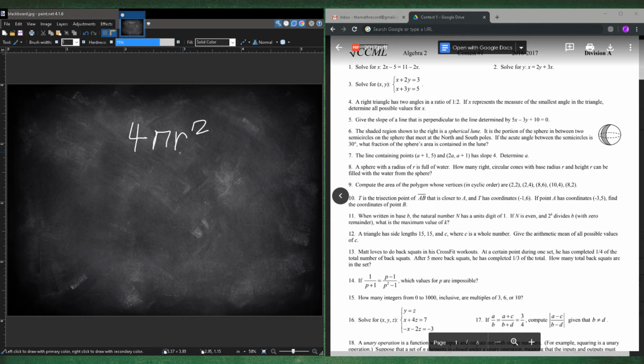For a sphere. Since this is radius squared, that tells me it's in the second dimension. Since this is in the second dimension, it's going to be out of 360 degrees. Just think about it. If it were the third dimension, it has to do with volume, and it's not going to be 360 degrees because it's going to be a little weird. So since it's in the second dimension, we know for sure it's 360 degrees. So since this is 30 degrees, if we draw the sphere or how it looks,